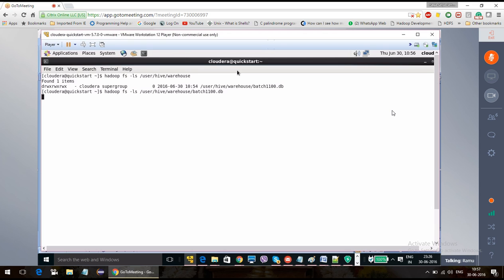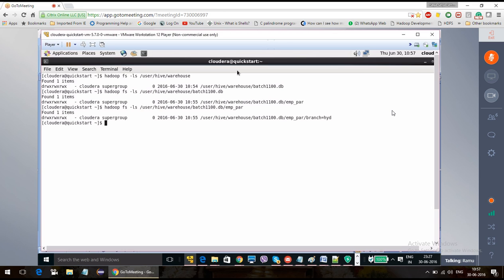And again emp_par. So see here, I loaded the data for branch equal to Hyderabad. I loaded the data like this for partition branch equal to Hyderabad.